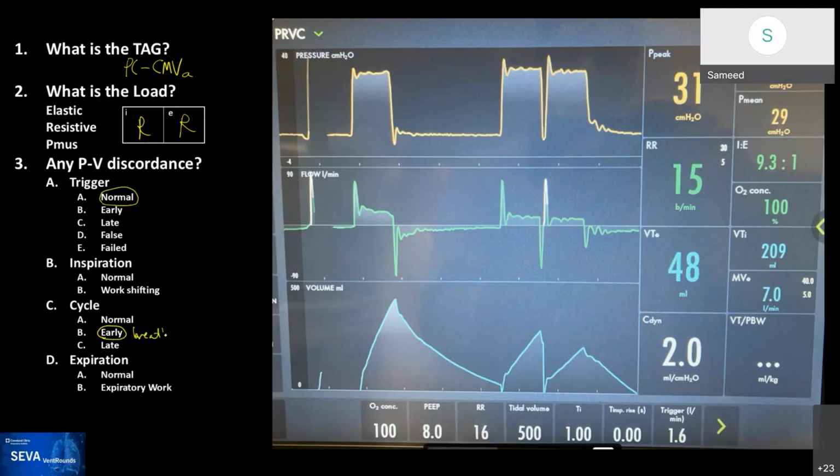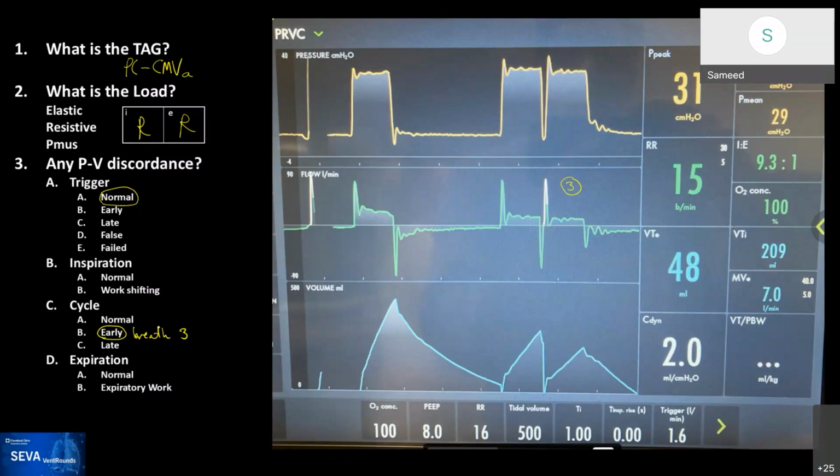In terms of inspiration, if you look at the waveform, there's this first uptick, the peak flow that is needed to come over, and then the rest of the flow goes way low. So I'm assuming there's something, either in the circuit or in the airway, that requires higher airflow to be overcome. The peak airflow is way higher than the first few parts of the inspiration and expiration. I'm not sure if that's